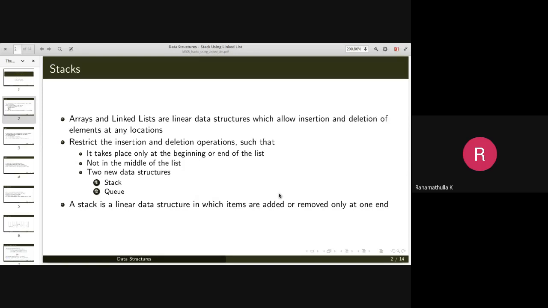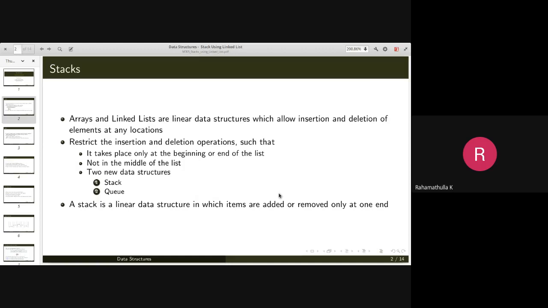In the case of an array, you can insert or delete elements by using its index, and in the case of a linked list, you can insert or delete an element using the link pointer that is available.